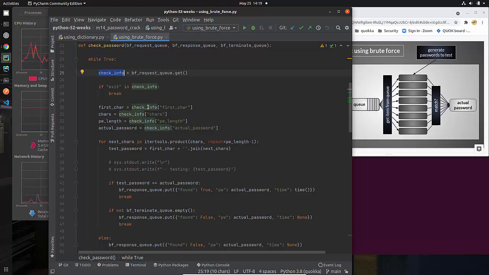So if my first character is a 0, then I'm going to append 0000, 0001, 0002, etc., iterating all through that. So these are the pieces of data that I get from the item from the queue that we've dequeued.